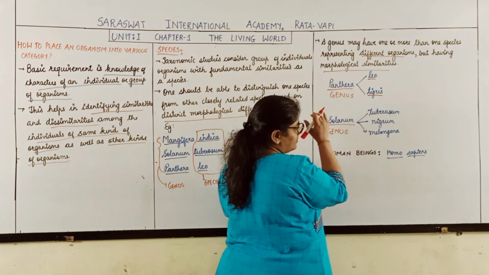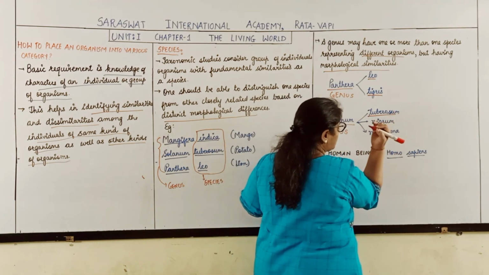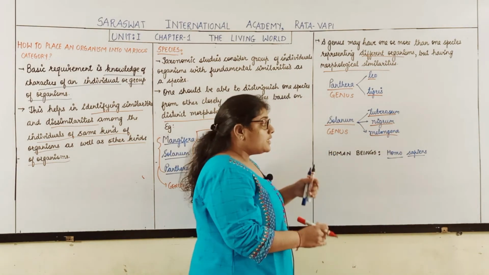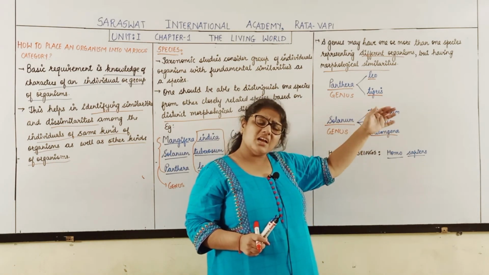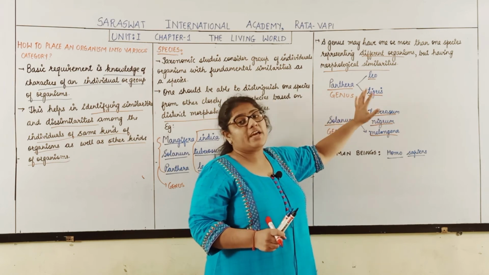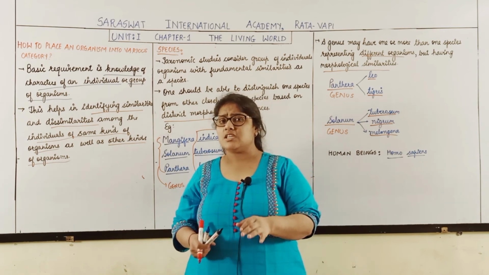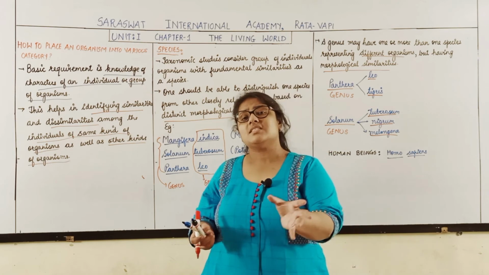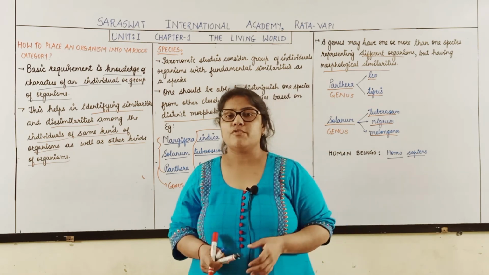Same way, Solanum is a genus. Now this genus includes three species, Tuberosum, Nigrum and Melongena. These three species, these three organisms, are different organisms, but yes, they too share the morphological similarities. So within a genus, more than one species may be present which represents different organisms, but they share certain